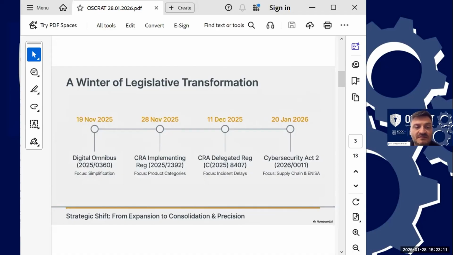First, you can see the digital omnibus. This is not a cybersecurity regulation in the classic sense. It's a simplification regulation. Its goal is to reduce overlaps, especially in reporting obligations. We will talk about how it affects incident reporting and why it's important for organizations that already struggle with multiple legal requirements. Next, on this slide, you can see the Cyber Resilience Act and, more specifically, its delegated regulation and implementing